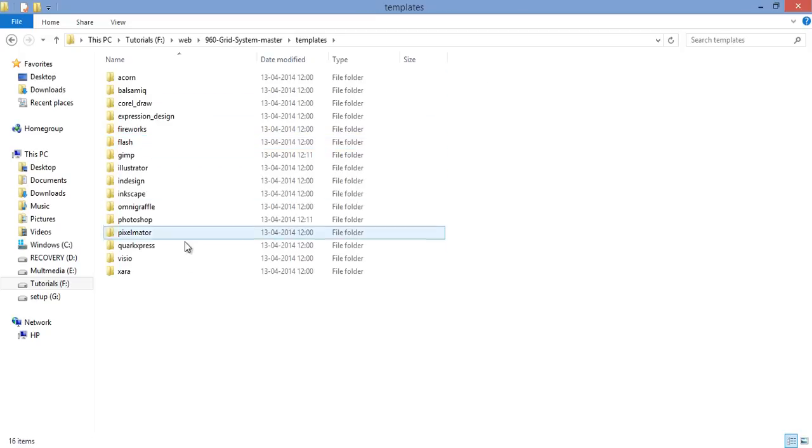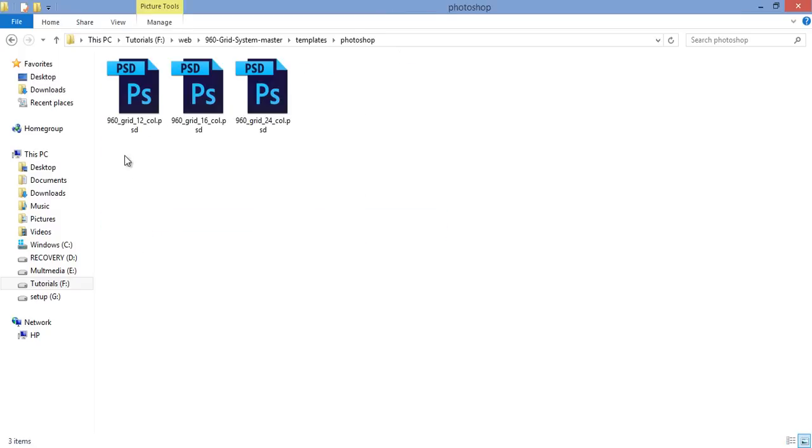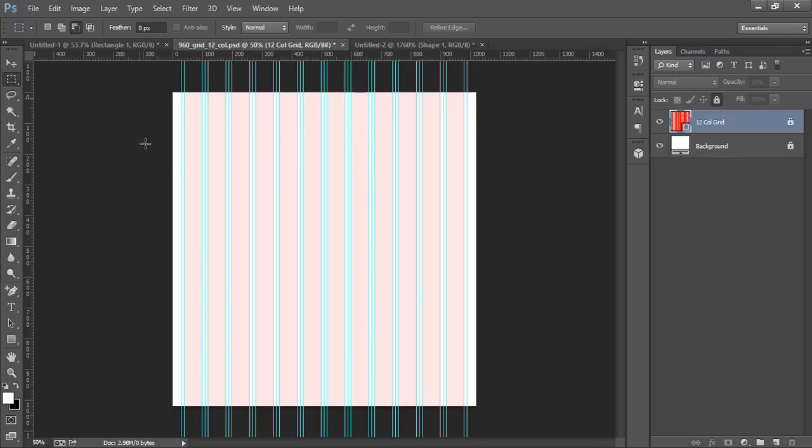I will go to template, and then click on Photoshop. Then you will have 960 grid 12 column, 960 grid 16 column, then 960 grid 24 column. There are three types of 960 grid system available, and I will work with this 12 column.